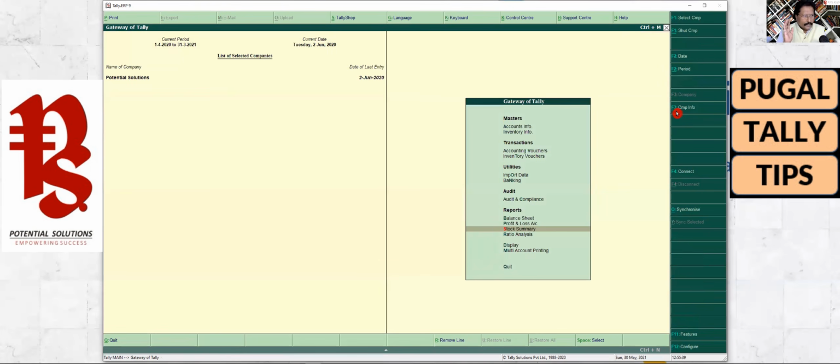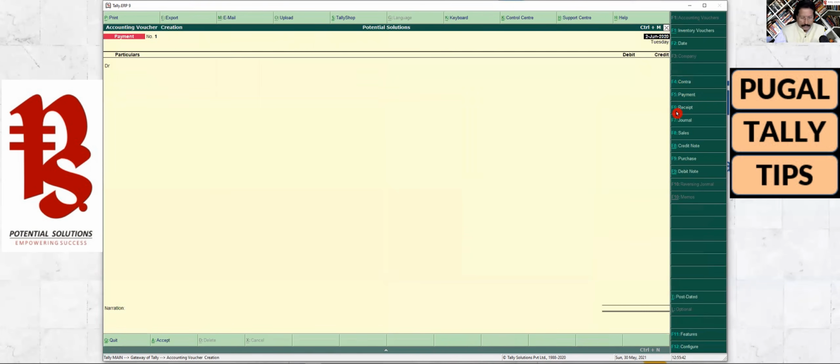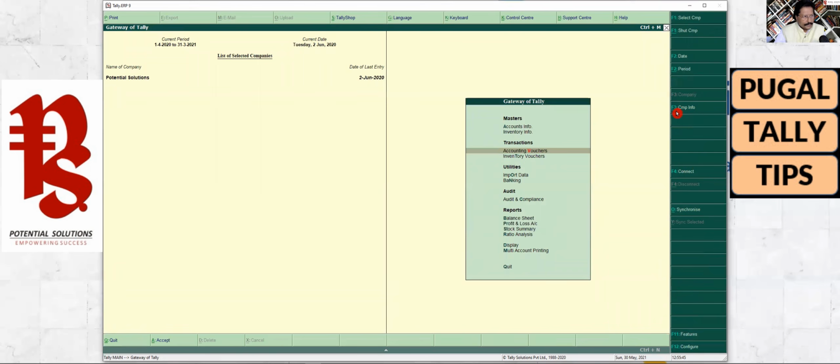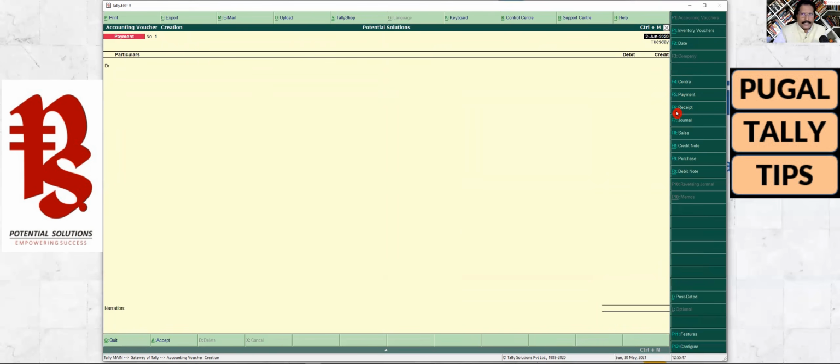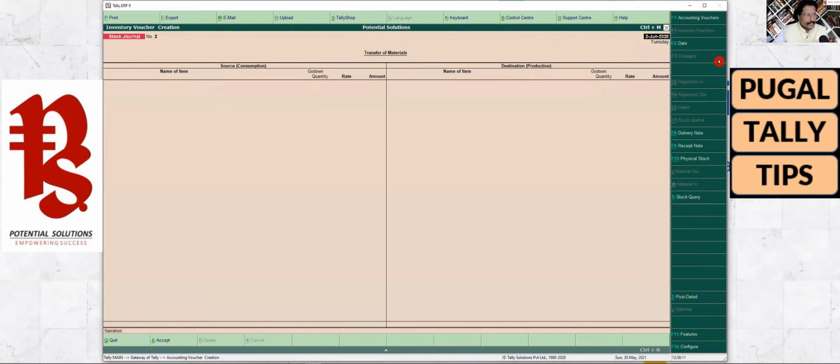Okay, so now let's say by mistake, instead of pressing T, I pressed V. I am now in the accounting voucher. Again, you don't have to press escape and go back. Remember your secret number one, and you see on the right hand side button bar, it says if you want to switch to inventory voucher, then you use this button, or you can press Alt F1. When I press Alt F1, it switches to the inventory vouchers interface.